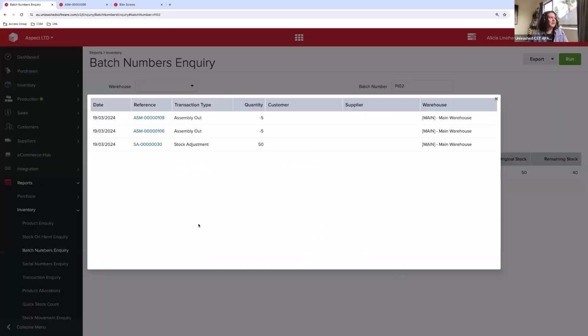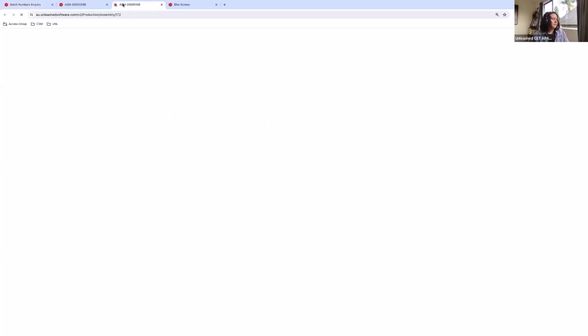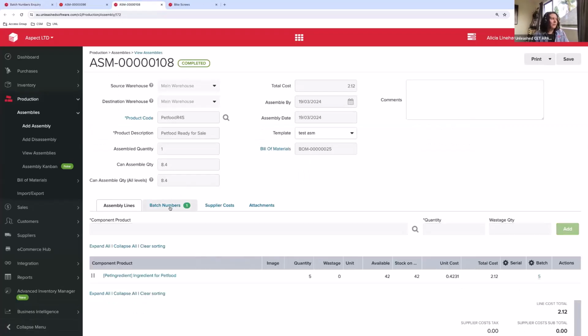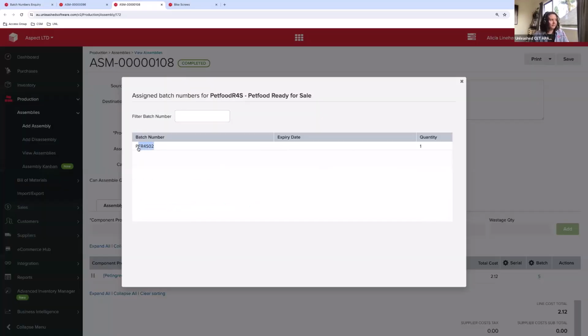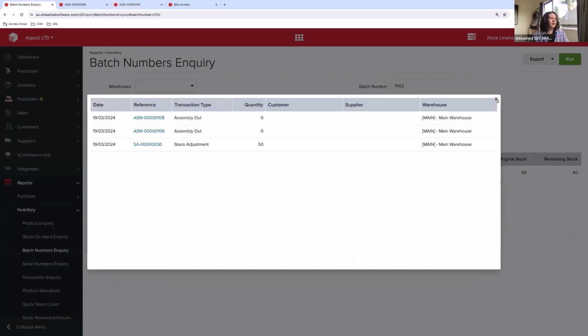If I click into this batch number, I can see all transactions it has been a part of, including any assemblies it's been consumed on. So I'm going to jump into my assembly so that I can find out what the assembled batch number was. Copy that, jump back into the batch numbers inquiry,